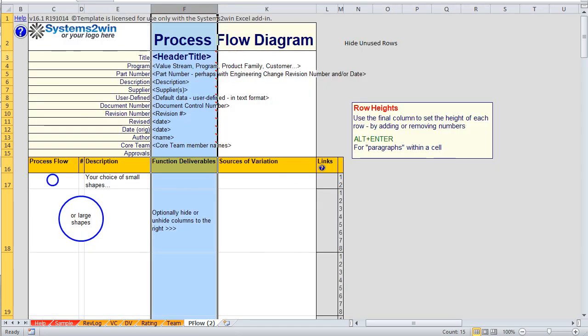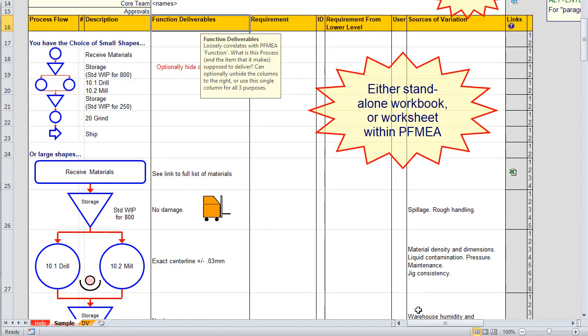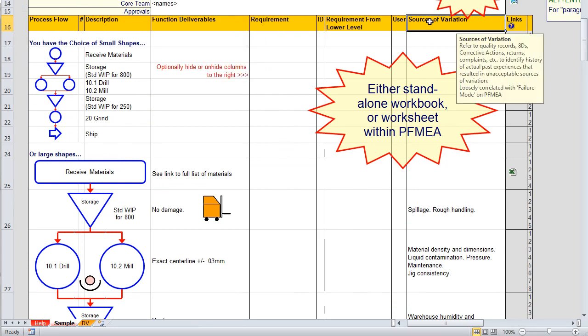But it's much more common to keep those optional columns hidden and use this single column on the process flow diagram to summarize both function and requirements in a much less detailed way than you will expand once you get to the FMEA. And this column for sources of variation loosely correlates with the failure mode column on your PFMEA.